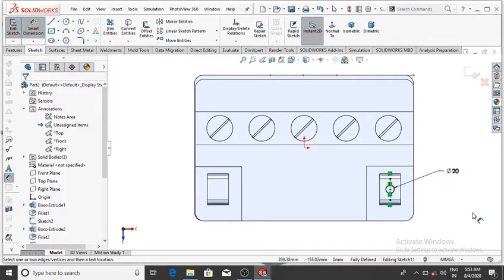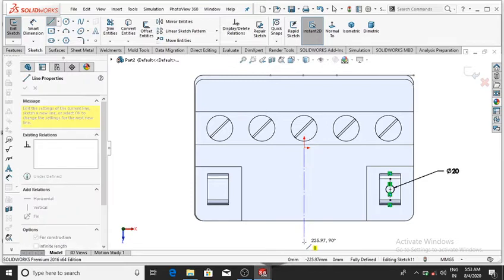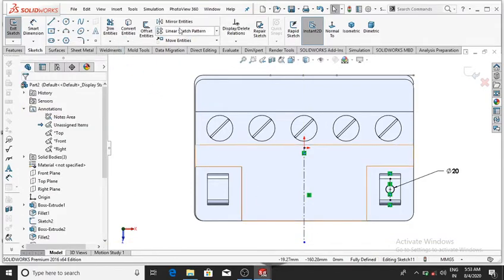And again we make the circle of 20 mm. So make the center line from this point and up to this, and make the mirror entity.